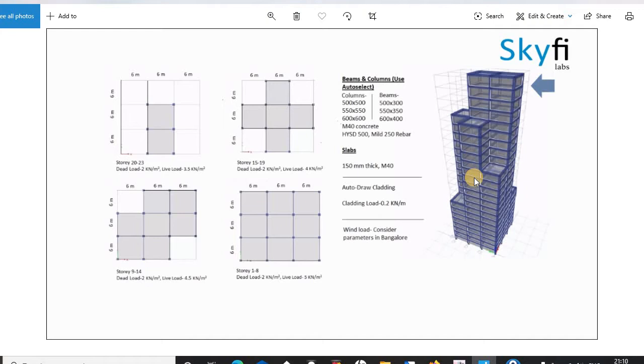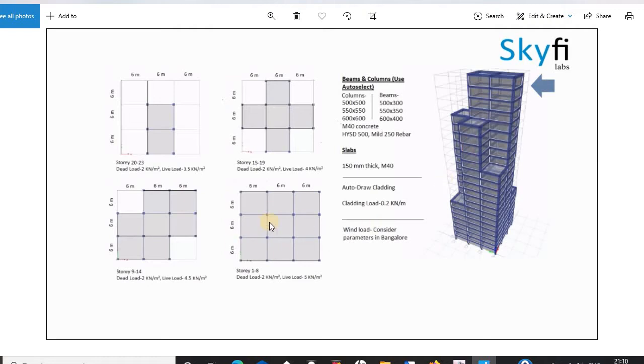In this project, the modeling and analysis of this 23-story building is to be done. The building has different lateral sections for different stories.